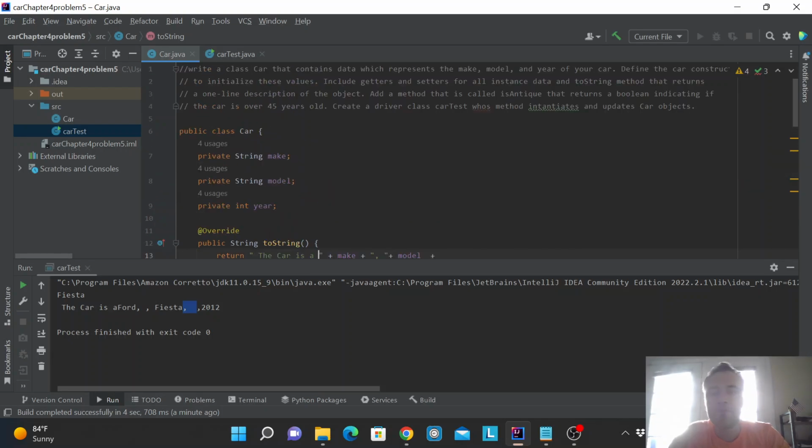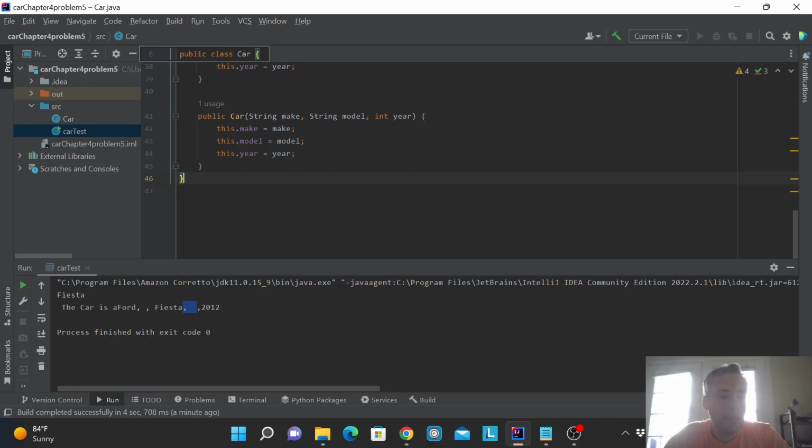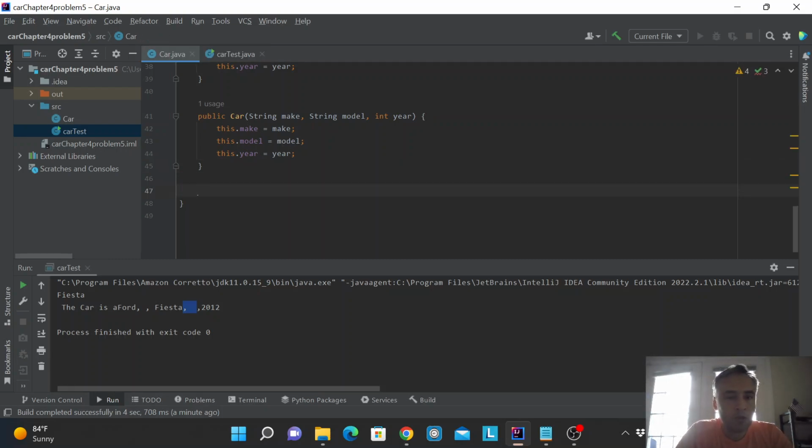Let's scroll up there. There is a method called isAntique that returns a boolean, and that one we need to create by hand from scratch. So that returns a boolean indicating if the car is over 45 years old, whose method instantiates and updates a car object. So how do we create booleans? Boolean expressions. In this particular case, we can just think about what we want,